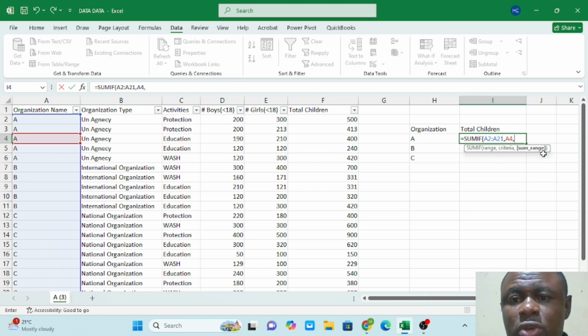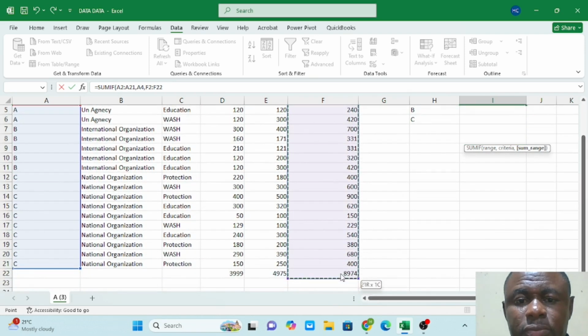It now says sum range. So where do we want to be summing and matching with that criteria, which is organization A? We want total children. If we want total girls, we'll select this range, sum of range total girls. If we wanted to select the boys, we'll select the boys. But we wanted to select from the total children, so we'll come now and select this range,